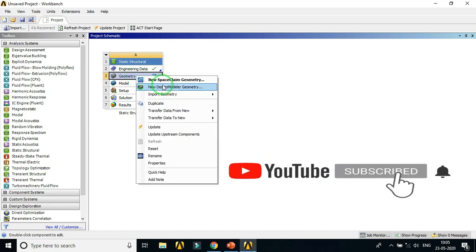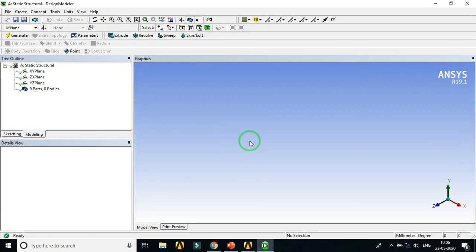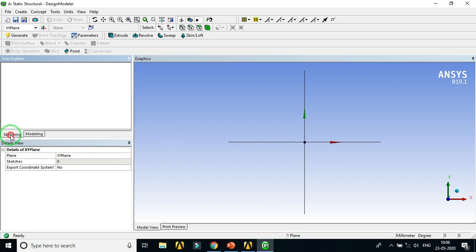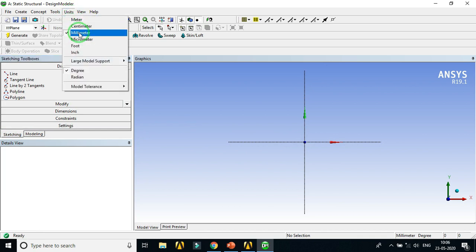So I click on Geometry and select New Design Modeler Geometry. So this is Design Modeler. Click on the XY plane, right click and click on Look At to orient the plane. Then click on sketching mode, and before that click on Units and ensure that the units are millimeter.